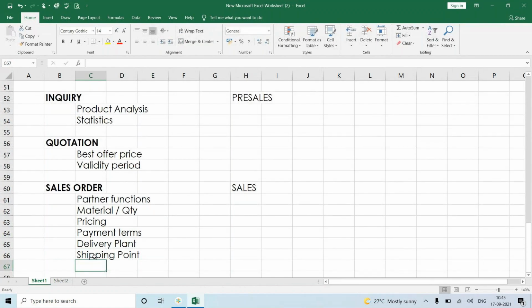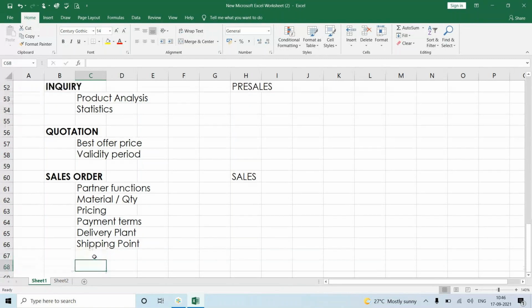So as I mentioned, whatever values are required for order, delivery, billing, all that information is going to be maintained in our sales order. This is going to be acting as a legal document. Lot of values are going to be maintained up over here. Okay. And once the order has been created, then comes the next step, which is going to be